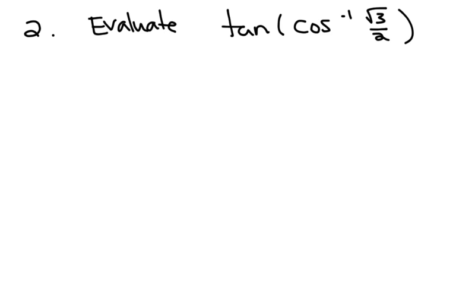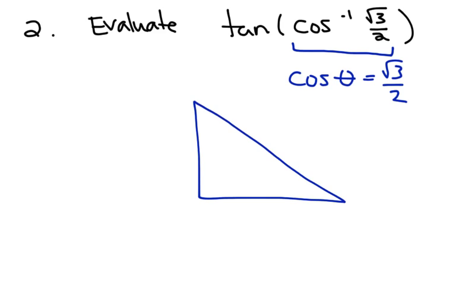Just change all the multiple choice answers into decimals and find out which one matches the decimal you got on your calculator. But the actual algebraic process for this problem, first you would start on the inside of the parentheses. The inverse cosine of square root of 3 over 2 is the same thing as saying the cosine of some angle is square root of 3 over 2. So if you draw yourself a right triangle and call one of the angles theta, then the cosine must be square root of 3 over 2,